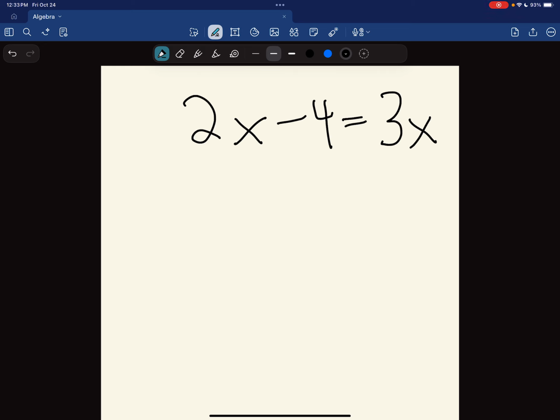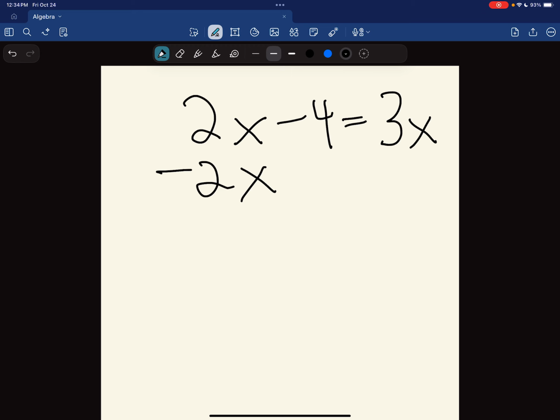Okay, so in this case, we want to isolate the variable. We want to keep the variable on one side and the constants on the other side. So what we're going to do is subtract the 2x. So be careful. In the previous examples, right, we didn't subtract or multiply or divide by x. Now we're actually subtracting by x here because there's two x's in this equation. For all the other examples I did, there was only one x in the equation.